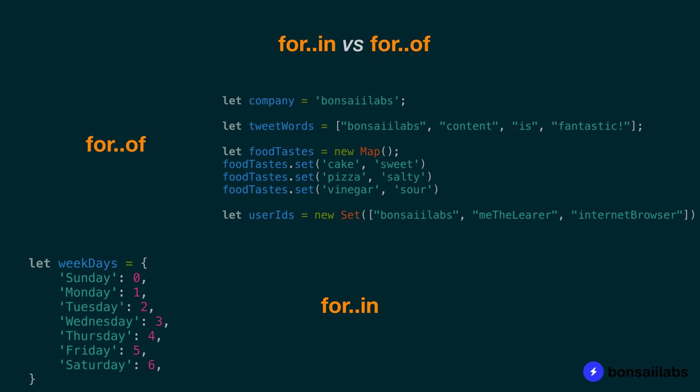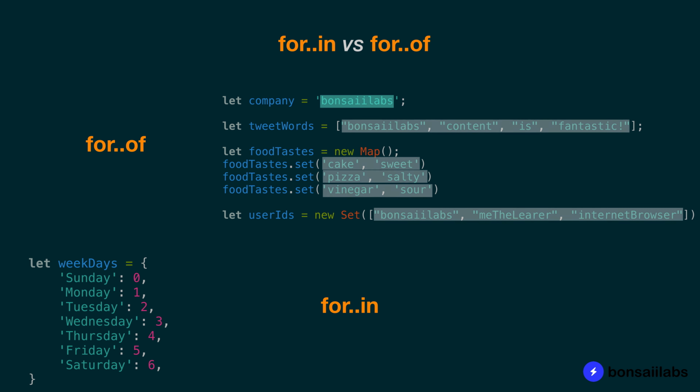So the question is, what's the difference between for of and for in? So the for of iterates over all the values of your iterables, and for in only iterates over the keys of the properties and not on the values. So when you have a use case of iterating over the iterables, ask yourself whether you are only interested in the keys of the properties or you are interested in all the values. And that will help you decide whether for in or for of is a good choice.